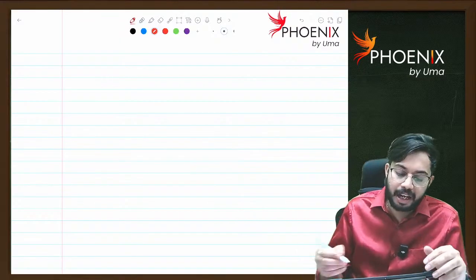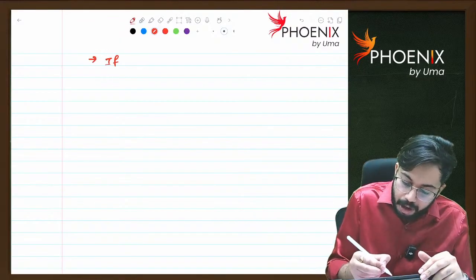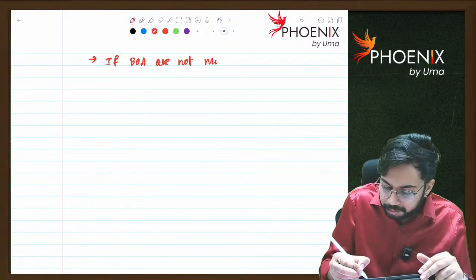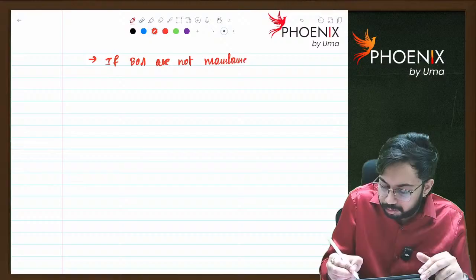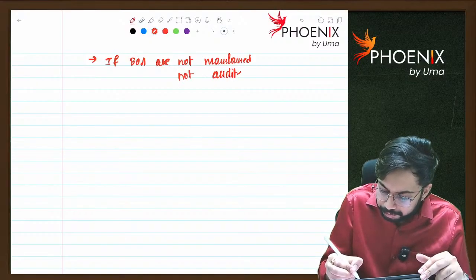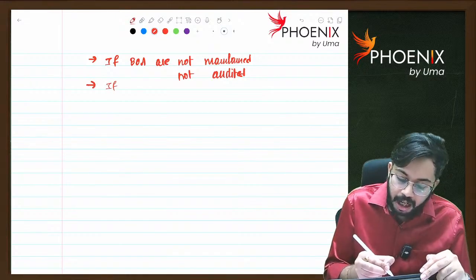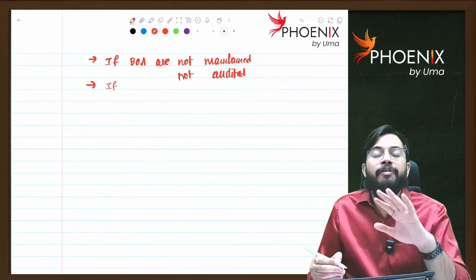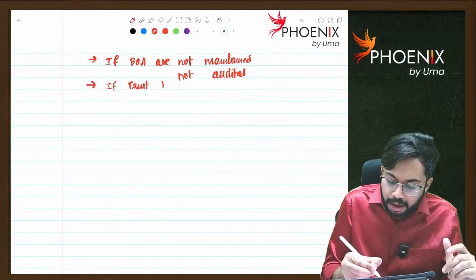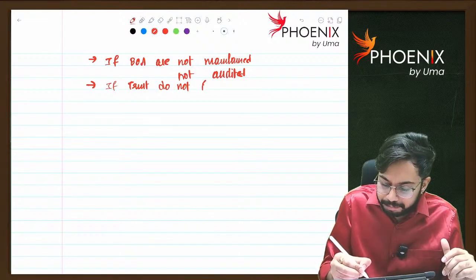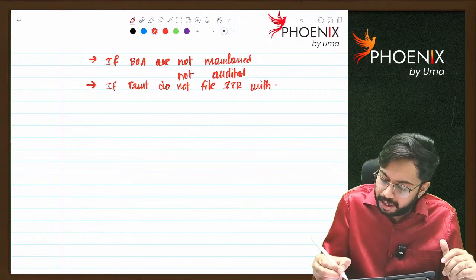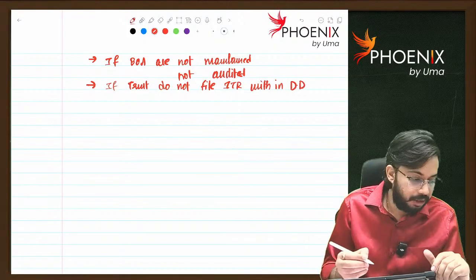So there are certain cases: if books of accounts are not maintained, or if books of accounts are not audited, the trustee is required to file ITR on or before 31st October. If the trust does not file ITR within the due date, or